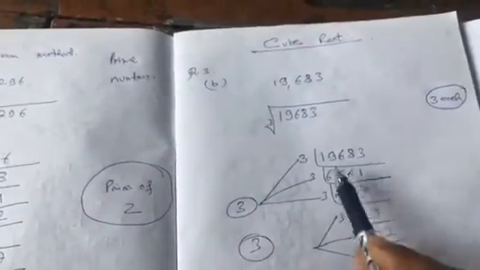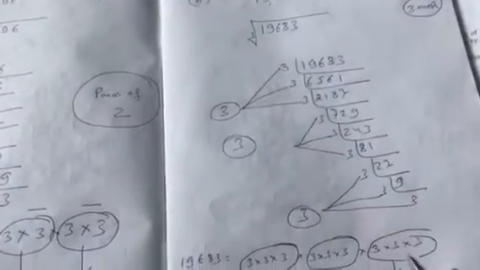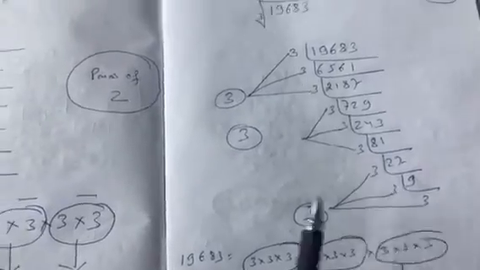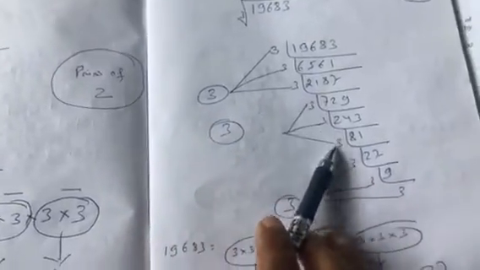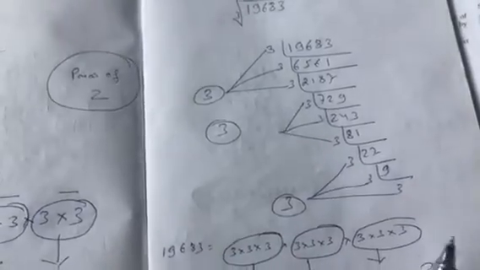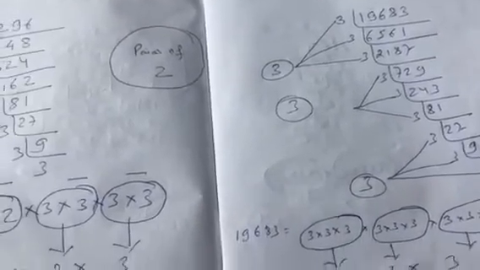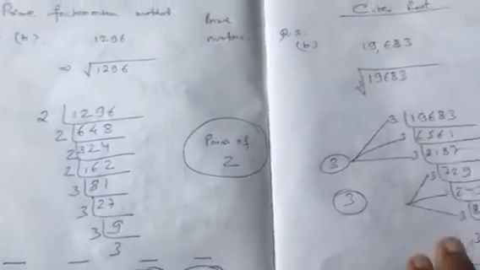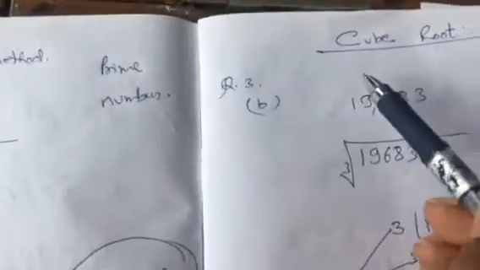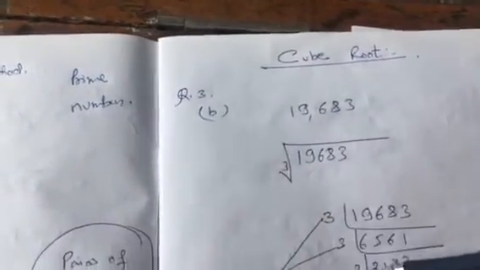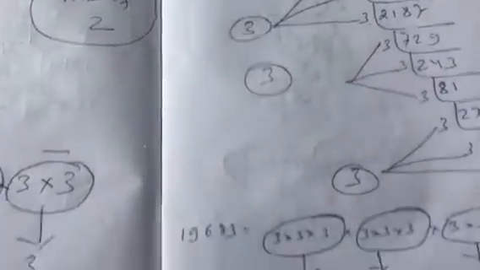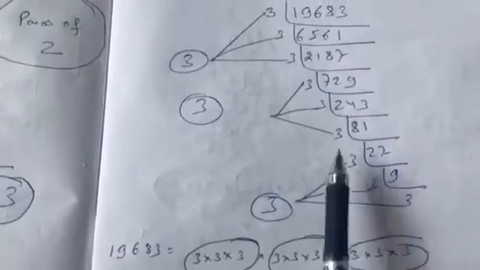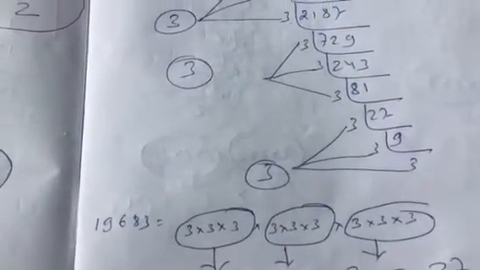The system is the same. Just take the number and go on constantly finding the prime factors, and you stop when you get a prime number ultimately. So here I got 3 into 3 into 3 into 3 into 3 into 3 into 3 into 3 into 3 into 3. The only difference is when you had to find the square root, you had to make pairs of two numbers each. Here you will take 3 numbers since it is the cube root. So out of the first 3 3s, you take out one 3, as I have done. Out of the second 3 3s, you take out one 3, and out of the third 3 3s, you take out one 3, and ultimately you multiply it.